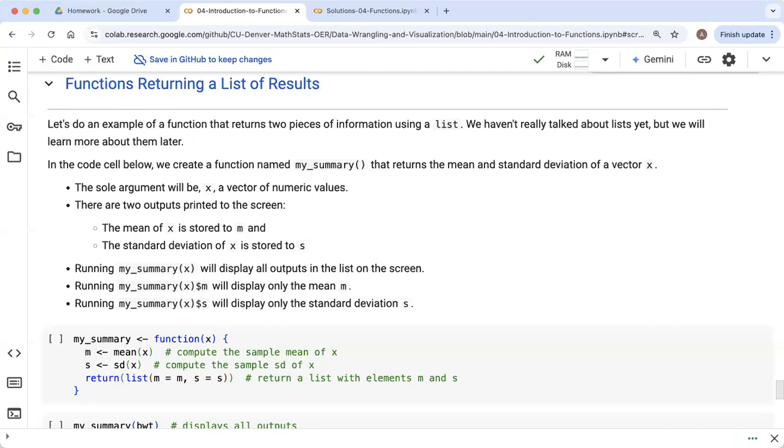Okay, welcome everyone. In this video, we are going to wrap up our discussion of functions. We're going to finish working with this Colab notebook on functions. And so we've been working with writing our own functions in R. So far, the functions that we've been writing have been generating and printing just a single calculation to the screen. And what I want to talk about is how we can write a function that returns a list of